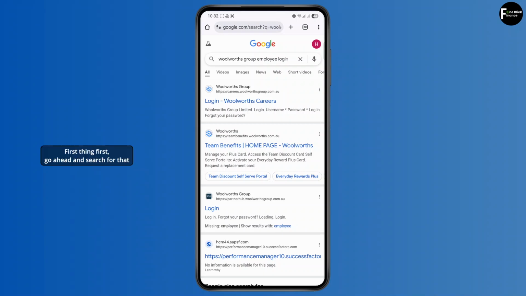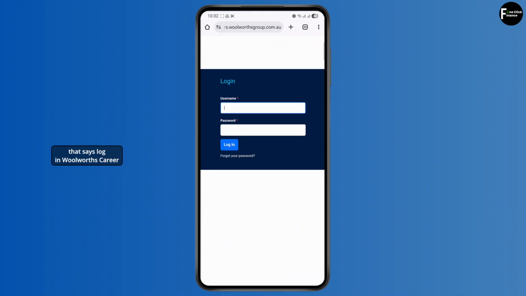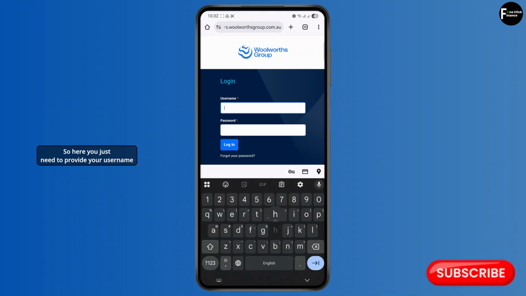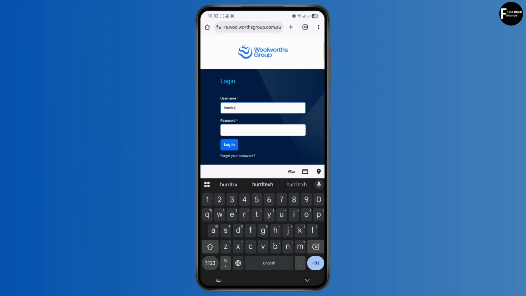First things first, go ahead and search for that exact same thing on your web browser. You'll find different kinds of options. All you have to do is click on the first link that says login Woolworths Career. So here you just need to provide your username that's associated with your account, and then you just